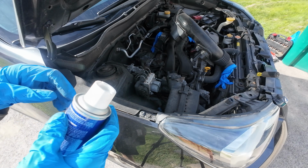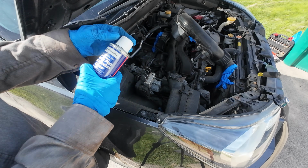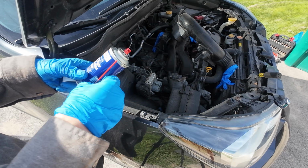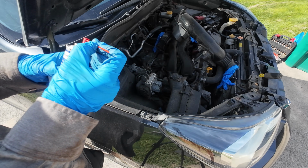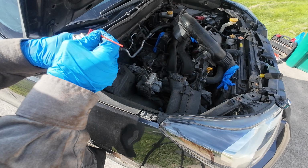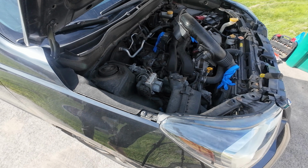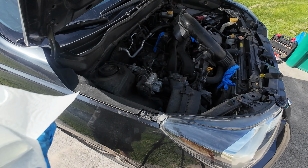Since we're putting this back together, you might as well get yourself some throttle plate cleaner. CRC makes a good one, but I was at the Subaru store, so you might as well stick it in. A lot goes a little, or a little goes a lot, I should say. So,